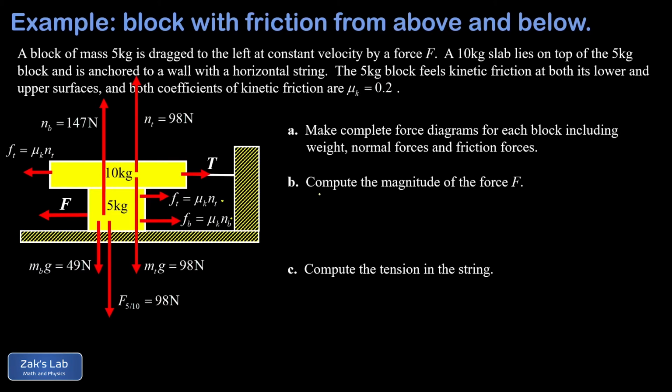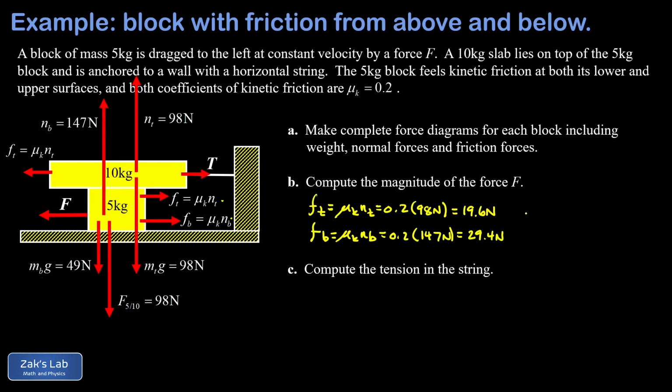and then we'll go ahead and find big F. So the friction force at the top surface is mu k times the normal force exerted at the top surface. That's 0.2 times 98 newtons. And when I run the numbers on this, I get 19.6 newtons for that friction force. The friction force exerted at the bottom surface is mu k times the normal force there, 0.2 times 147 newtons. And this gives me 29.4